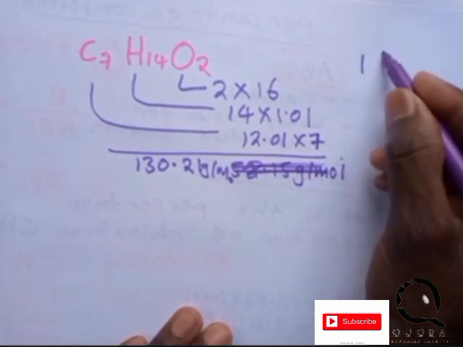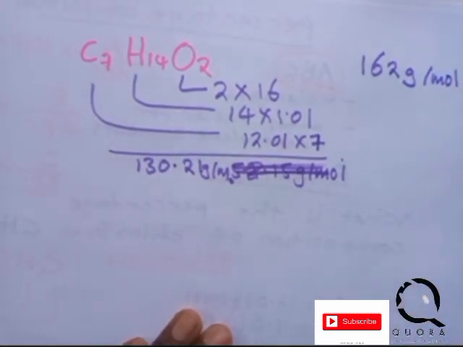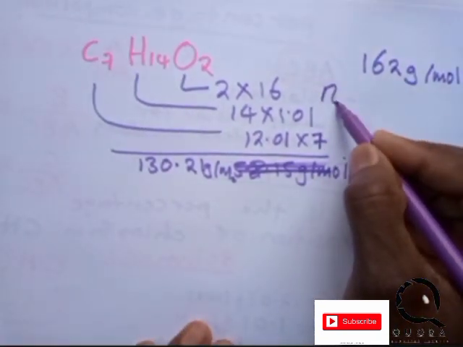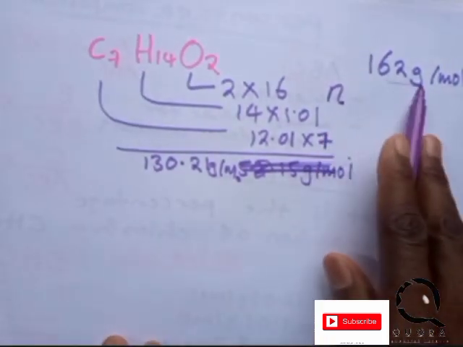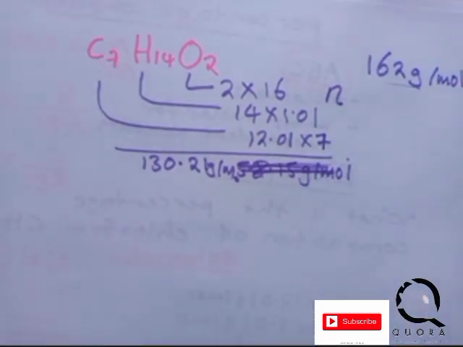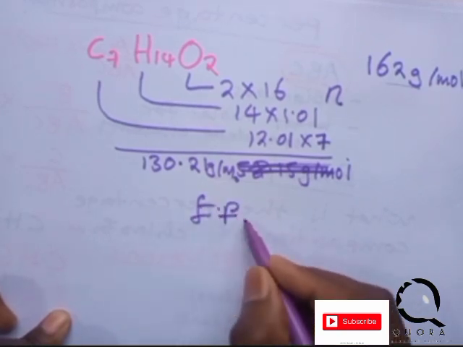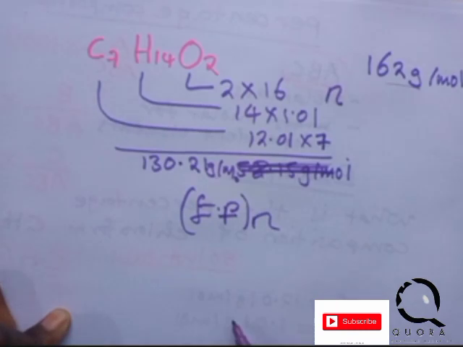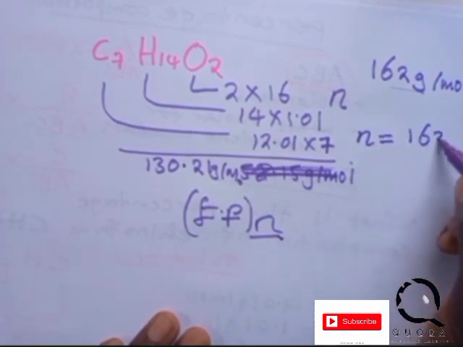They have given us the molar mass in the question. So I need to get a certain factor which is going to be n. And how do you get n? n is going to be equal to the molar mass over the empirical mass. And to find the molecular formula, you take the empirical formula multiplied by n. So first of all, you need to get n. You divide the given molar mass in the question by the molar mass we got for this empirical formula. So my n here is going to be equal to 162 over